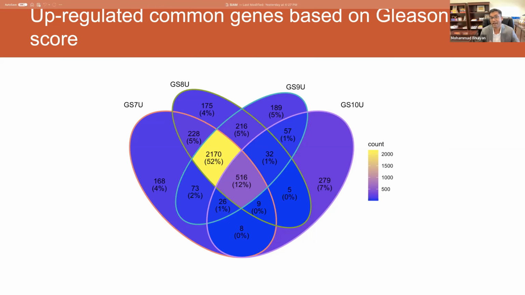So still like 560 genes is a lot. We need further scrutiny to identify or lower the dimension of 560 genes. But the interesting thing is, out of millions and millions of genes, we identified 516 common genes which are responsible or which are upregulated at the time of those Gleason scores. Okay,